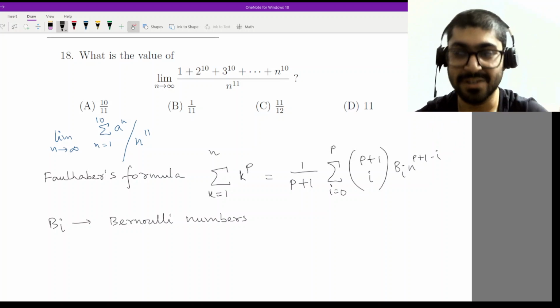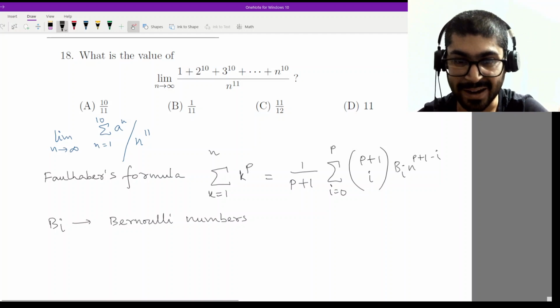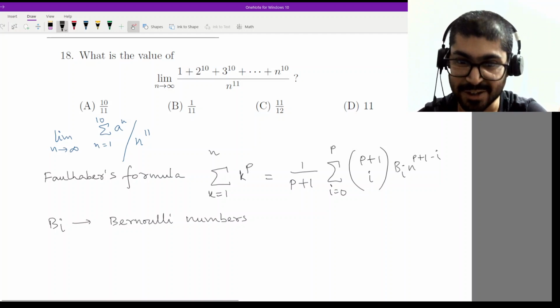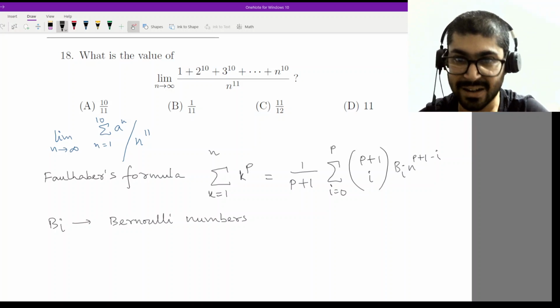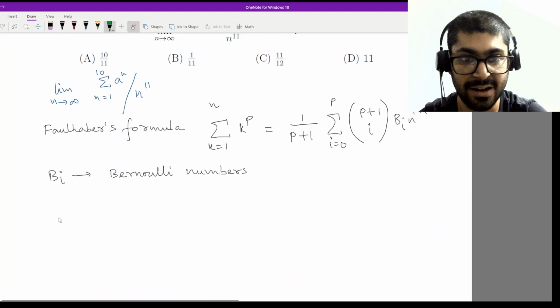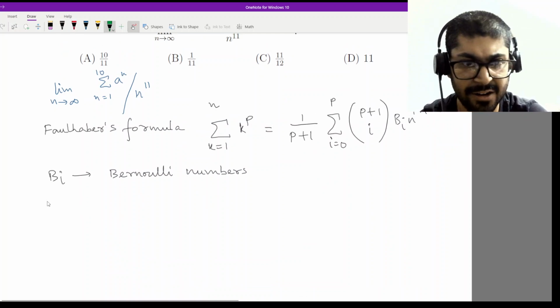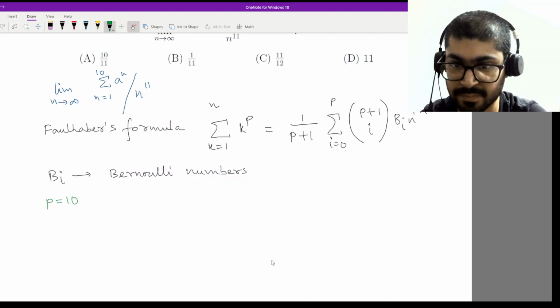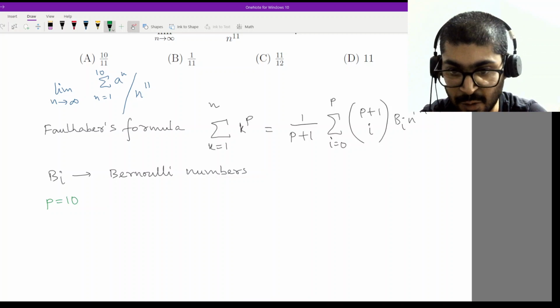Alright, so I'll give you the value so that you can remember it. Basically the first value is 1. So it will be quite easy for calculating, and you will see that this problem is practically tailor made for it. Alright, the first Bernoulli number is 1, then minus half, then 1/6, then 0, etc. Alright, so I'll give you that list, but before that let's see what the formula becomes here. So for this particular problem I can put p is 10, right? So p will be 10, and if I put p equal to 10, then our sum becomes